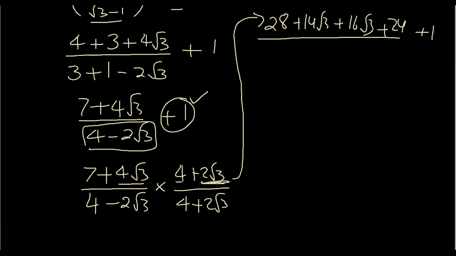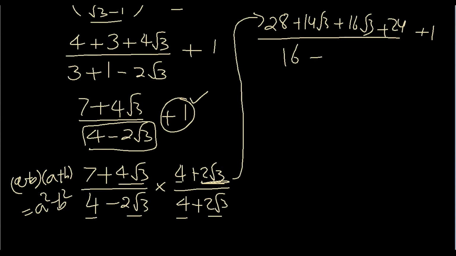Divided by, now we can use the identity a minus b, a plus b equal to a square minus b square. So this is a minus b, a plus b format. So a square, 4 square, 16 minus b square. Square of 2 square root 3 will be 4 times 3, 12. So what do we get here? 52,